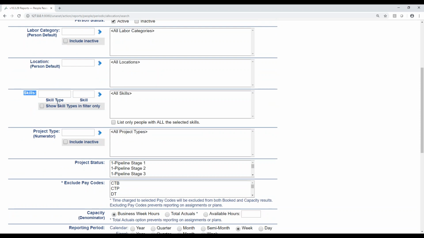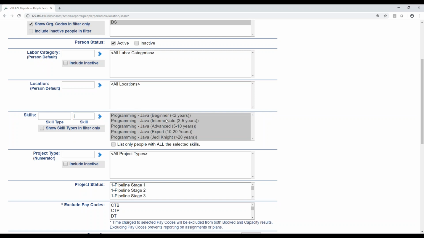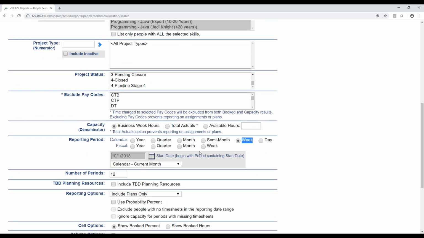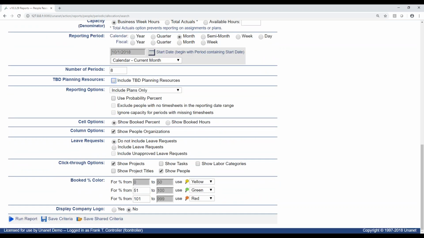The skill is something a little bit different. So let's say the labor category is programmer or developer. The skill might be Java development. And so I'm going to look for all of the Java developers that are available to me. And let's say I would like to look for them. Right now I'm running this report week over week for 12 weeks. But I'd rather run it for, I need someone for 8 months. So let's run this for 8 months. And I'll come back and explain what this means in a second.